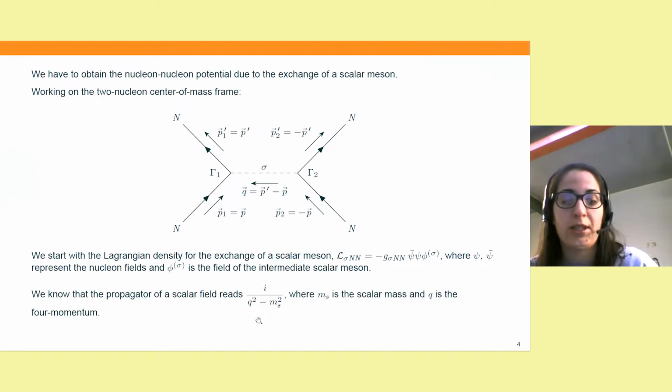We need to know the propagator of the scalar field, and the exercise already tells us that it has this form here, where m_s is the mass of the scalar meson, and q is its four-momentum. Okay, so now that we know the Lagrangian of these vertices that we have in this diagram, and we have also the propagator,